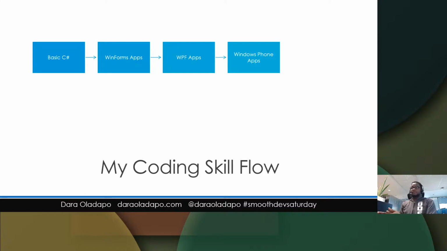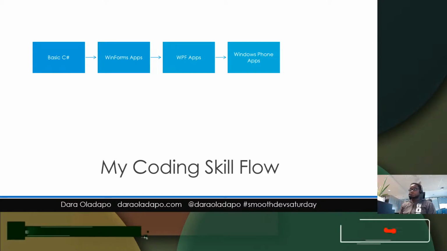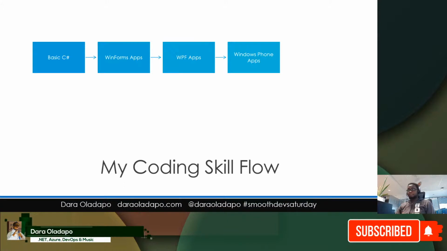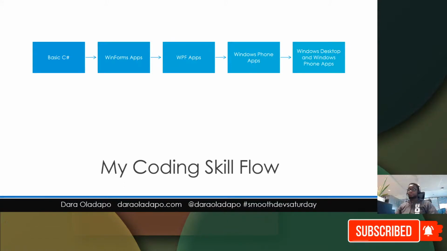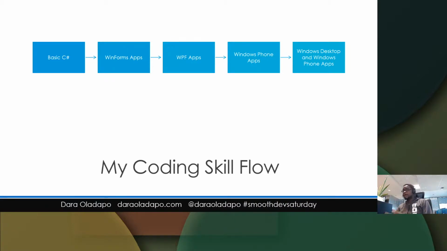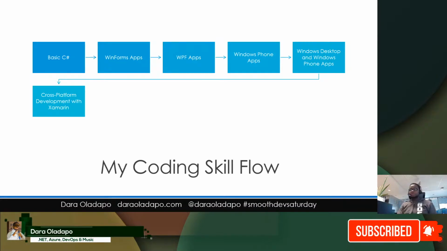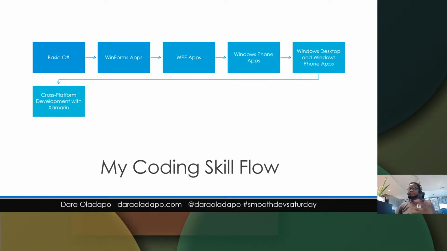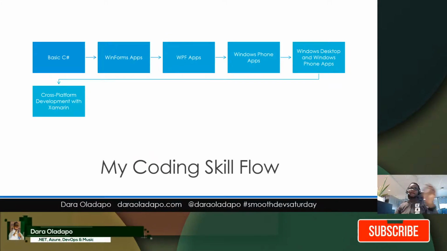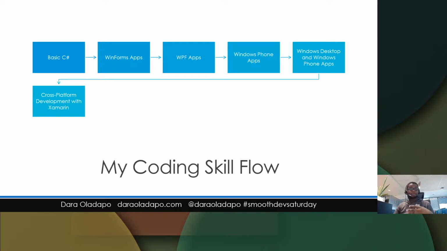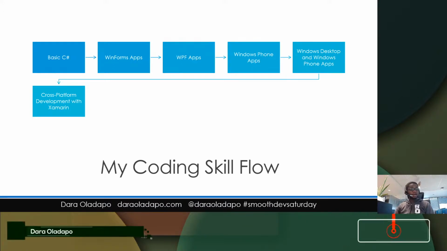And then from there, I started developing for Windows phones. Then, as I developed for Windows phones, Windows 8.1 came. Then I started writing apps for Windows Desktop, that was Windows 8.1, and Windows phones. I still have some of my apps actually in the Windows Phone store. Then I moved to Xamarin when I realized Xamarin came and it became free. I was actually writing Xamarin before then, but because of license issues and all that, I had to stop. But when it became part of Visual Studio, free, I decided to pick it up again and I started writing cross-platform apps. Now I can write apps for iPhones, iPads, TVs, and all that.